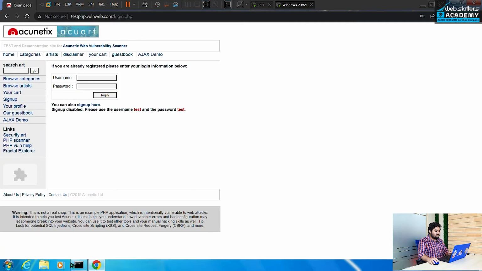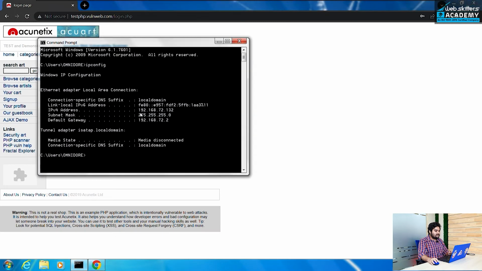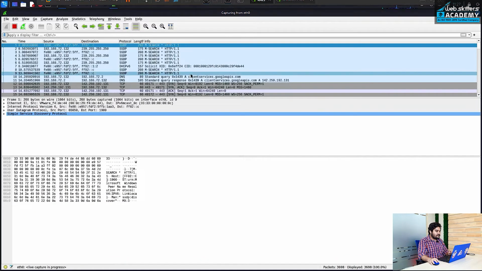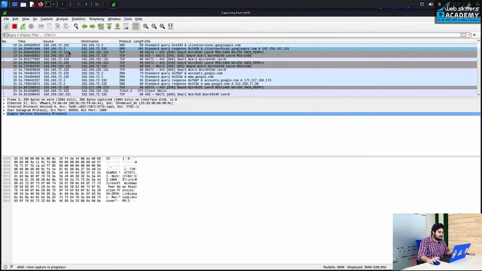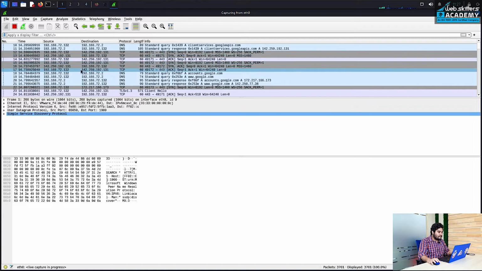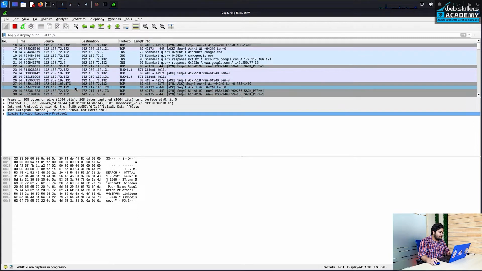So over here we can see the IP address of the Windows 7 machine is 192.168.72.132. So over here we'll try to find those for which the source and destination is 192.168.70.132. We can find a lot of connections that have happened from this 132 and 130 and different